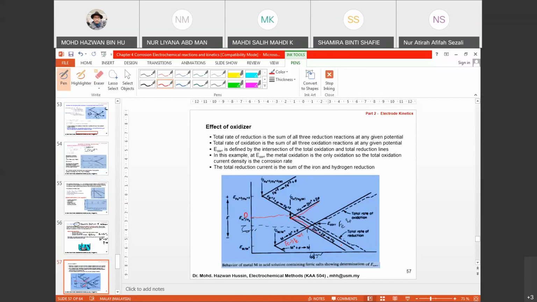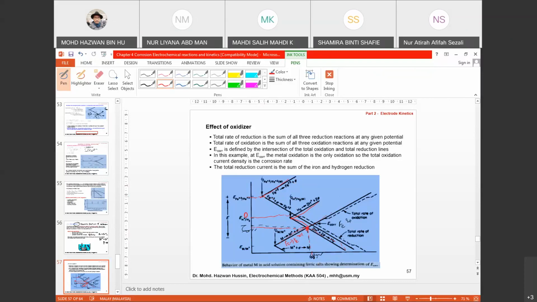If I extend this and extend this, you have an overlap somewhere here. So this will be your E-corr, and this is your I-corr if you didn't put any oxidizer. But when you add your oxidizer, you will see that the potential values,